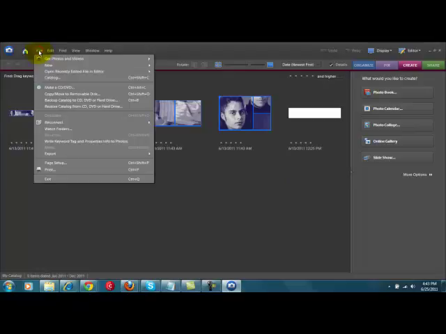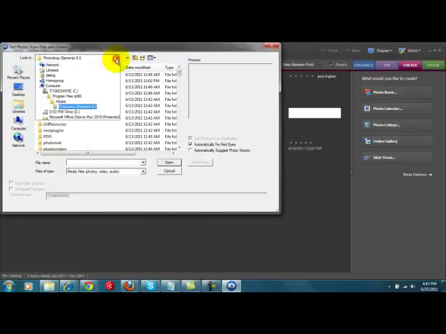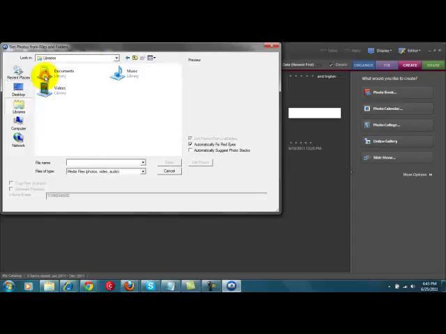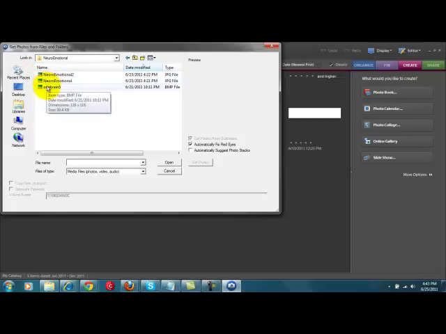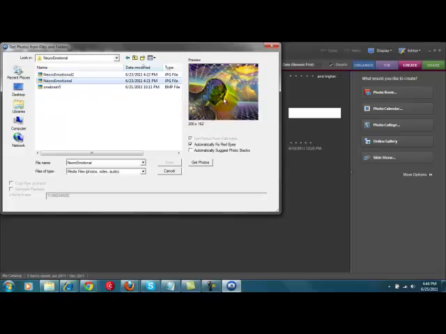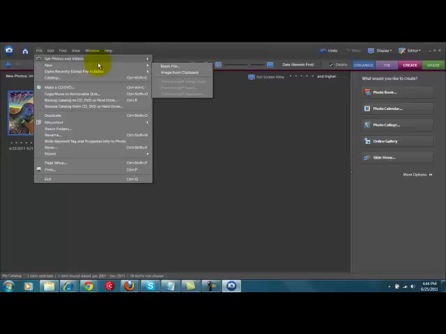So what I'm going to do is get a new photo from a file, and I know that the file is located in my documents. So we'll go to the libraries, my documents, and it's under my folder, my pictures, and there. So this is the original picture that I found, so I'm going to get that photo. Now all I have to do is Control C, copy, and then I'm going to create a new file,